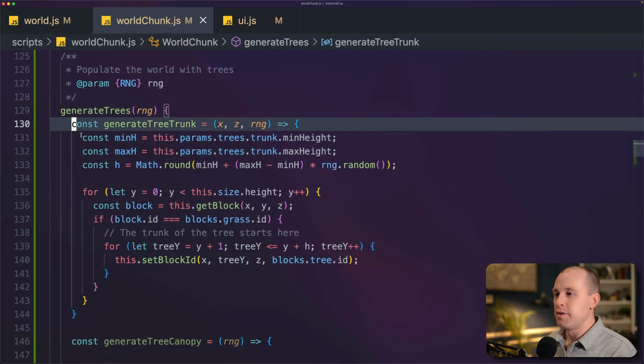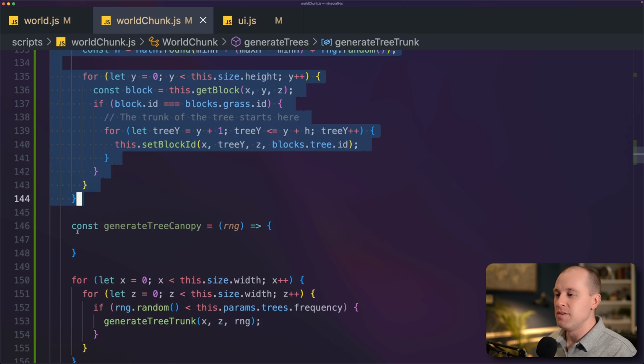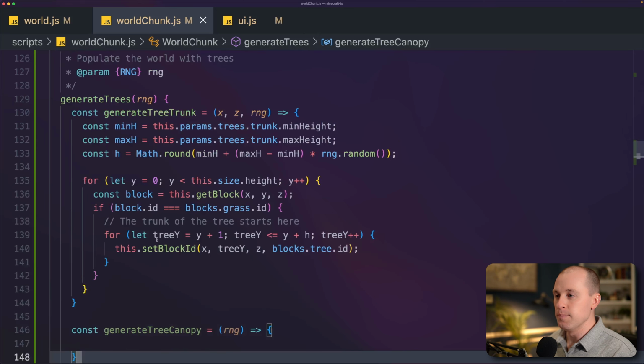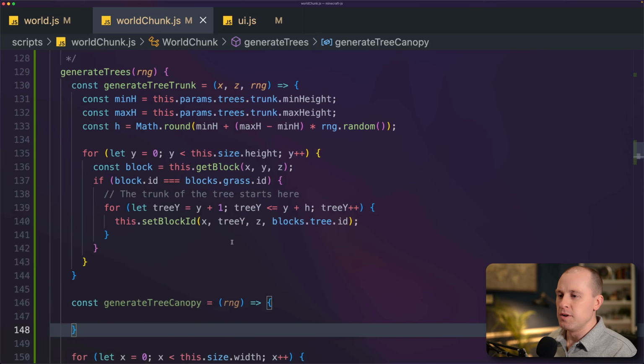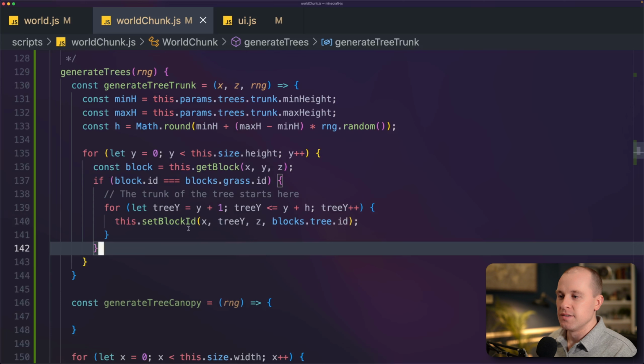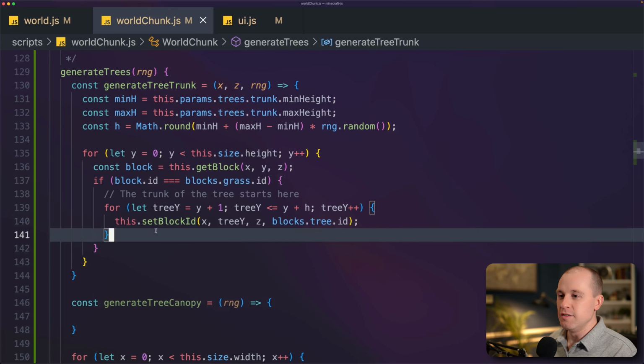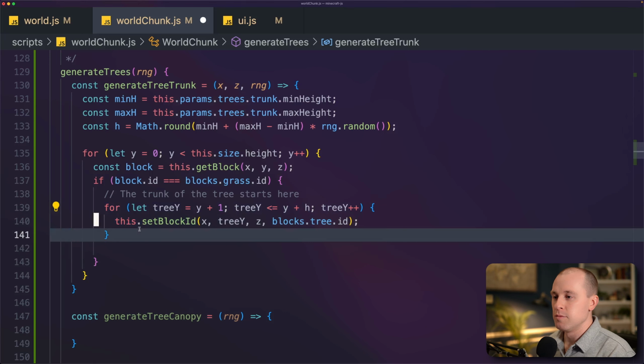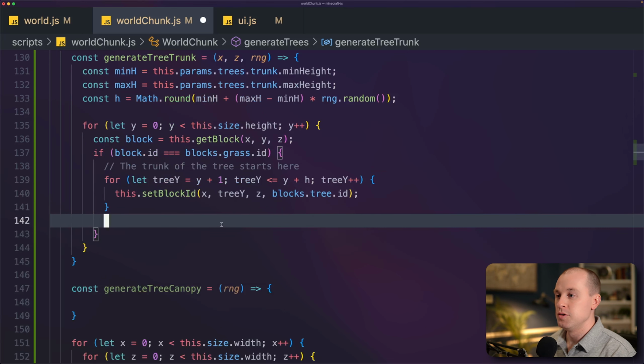All right, so we verified that this is working. Now it's time to move on to generate tree canopy. Now what I'm going to do for that is after we've reached the very top of our tree, then we're going to place the canopy in that location. So the canopy is a sphere. The center of that sphere is going to be at the very top of the tree. So right after we create the trunk, we'll do